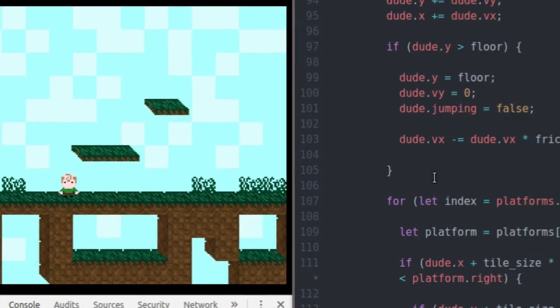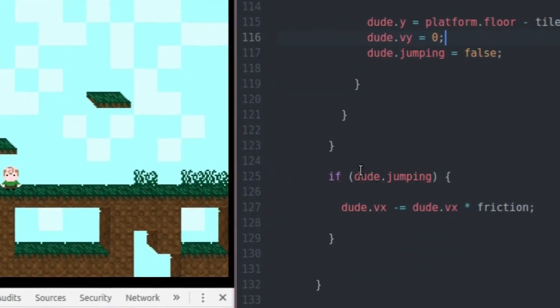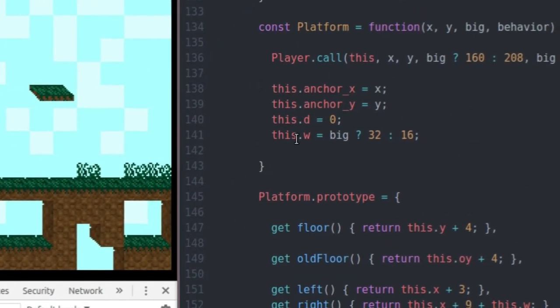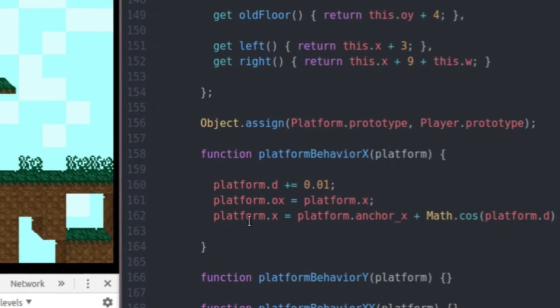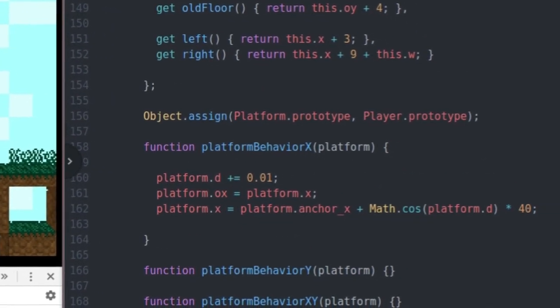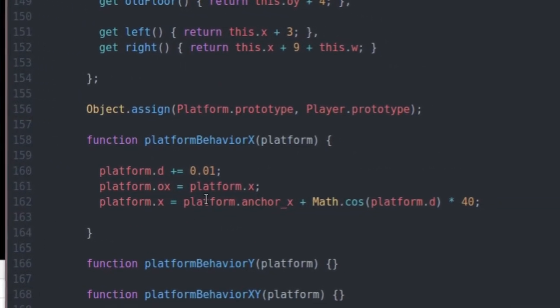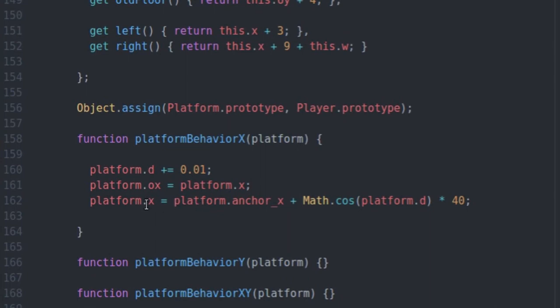But before we do that, we're going to have to give the platform an X velocity, at least for this one, because it's the behavior X, so it's just moving on the X axis. So what we're going to do is we're going to do this the right way, and we're going to say platform.vx is going to be a measurement between where we want the platform to be and where it used to be. So we're going to say